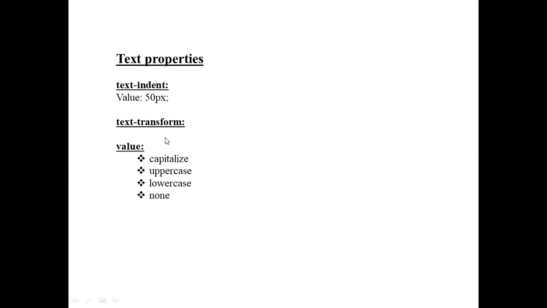The text-transform property controls the capitalization of text. Capitalize capitalizes the first letter in a word. Uppercase makes the entire word uppercase, lowercase makes the entire word lowercase. None means no transform is performed. These are the values in the text-transform property.